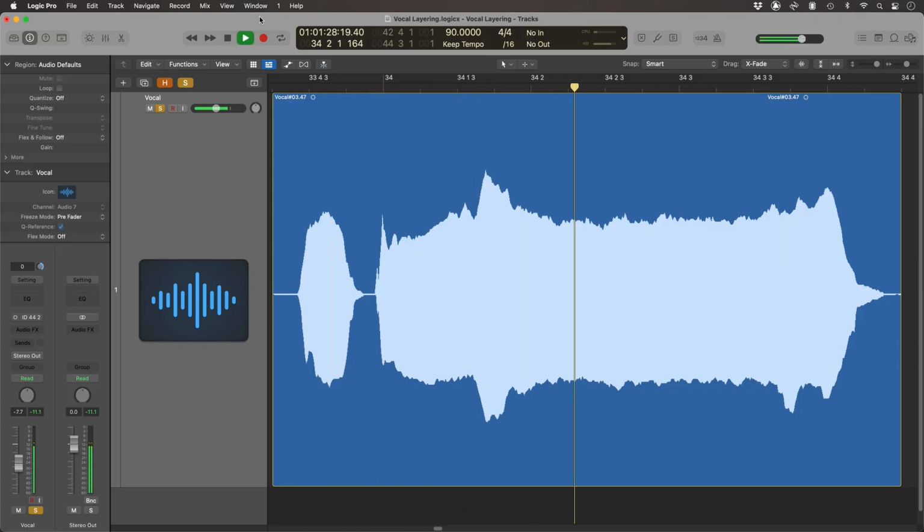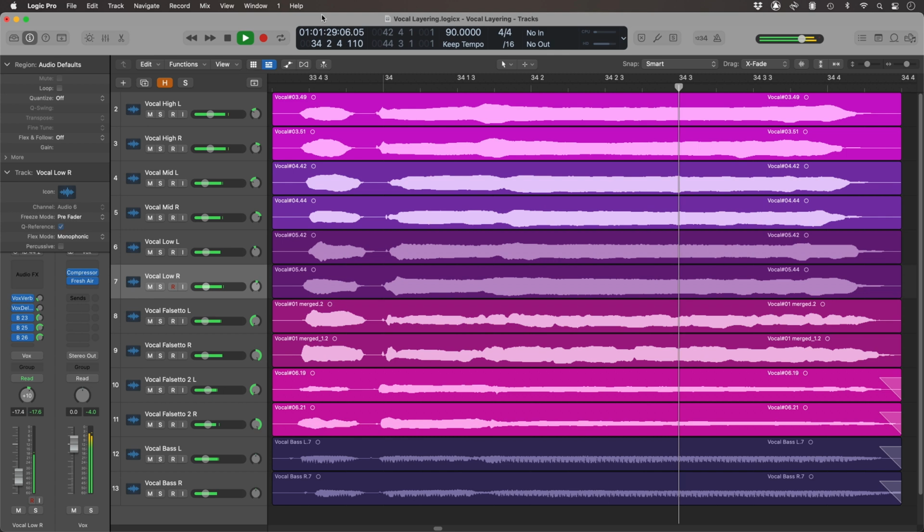I'm going to take it from a solo vocal, which sounds like this. And turn it into a stereo soundscape that sounds like this. So as you can hear, there's a massive difference there, and there's a fair amount that goes into this